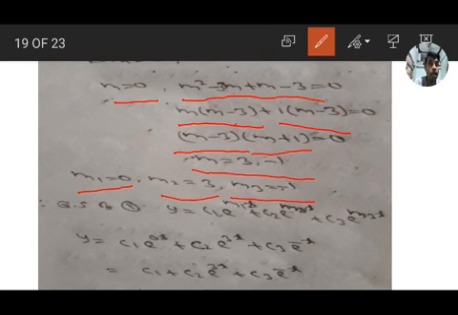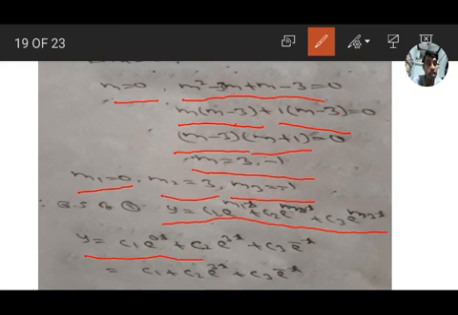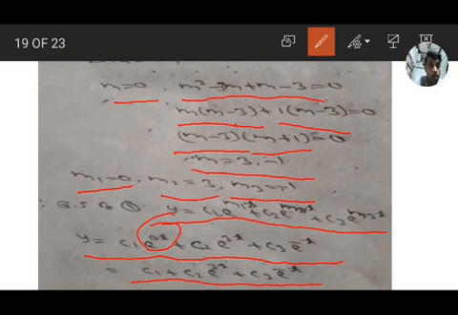It means 3 roots are real and different. So the general solution of equation 1 is c1 e to the power of m1x plus c2 e to the power of m2x plus c3 e to the power of m3x. Substituting values, we get the solution c1 e to the power of 0x plus c2 e to the power of 3x plus c3 e to the power of minus x. So e to the power of 0x value is 1. So y equal to c1 plus c2 e to the power of 3x plus c3 e to the power of minus x.